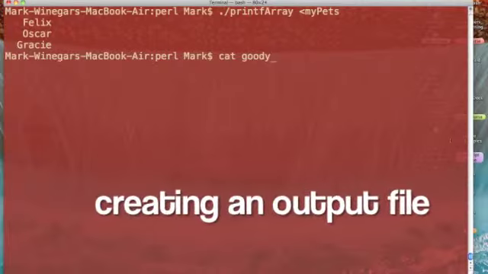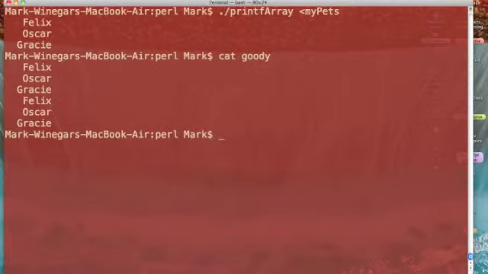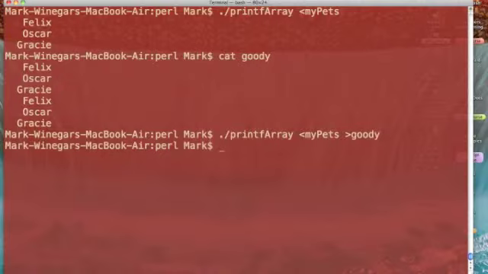You'll recall that our file goody already has data in it. And so what I'm going to do is to recreate that file. If you know BASIC, this is like opening a file for output. If it already exists, we are going to destroy the existing file and recreate a new one. And in this case, I'll read my input from the file my pets, and I'll write the output to goody. So we didn't see any output come to our screen from the program. Let's cat goody,